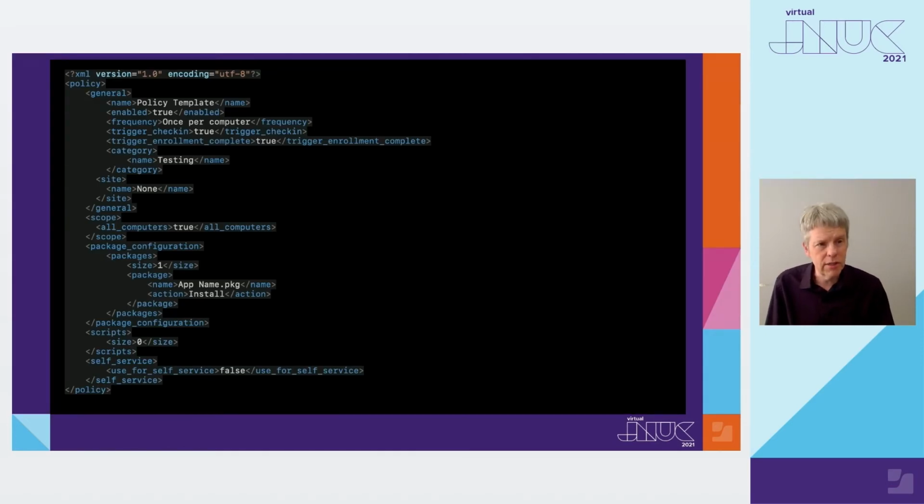This is all the critical information needed to create this policy. But if the goal is to create a reusable template, our policy will not really be called Policy Template, nor will it always use the same category, nor will the package payload have the same name. This is where we put the power of AutoPkg to work with variable substitution. Package_name is supplied automatically through the parent package recipe, while the others are supplied as input variables.